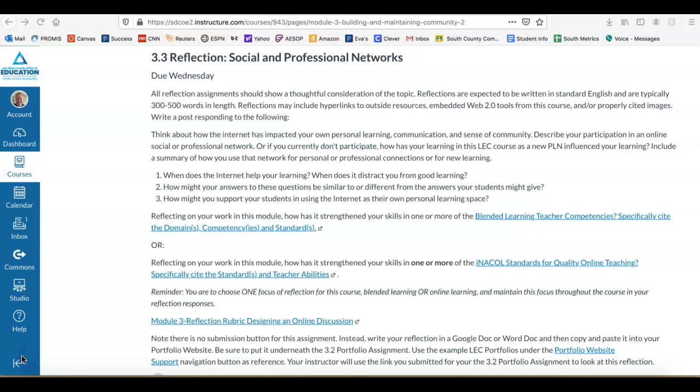Likewise, you will evaluate this week's instruction in terms of how it has helped you grow toward either INACOL's Blended Learning Teacher Competency Framework or the INACOL National Standards for Quality Online Teaching. Continue to use whichever set of standards you used in Module 1. Read the assignment requirements and answer the question explicitly. Be sure that you've continued to cite specific standards and that you reference examples from your own work experience or practices where possible. Before I let you go, this week your attention to requirements and detail begins.